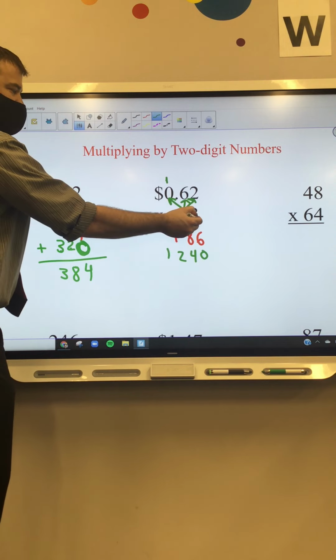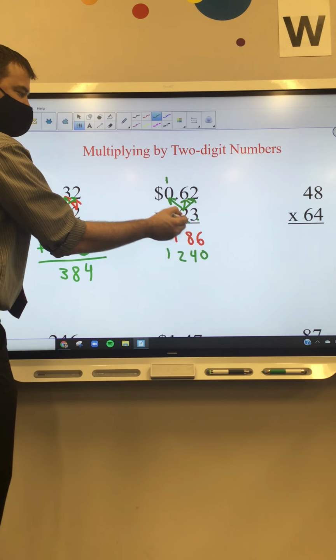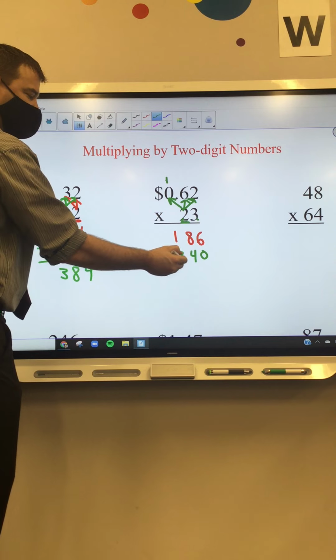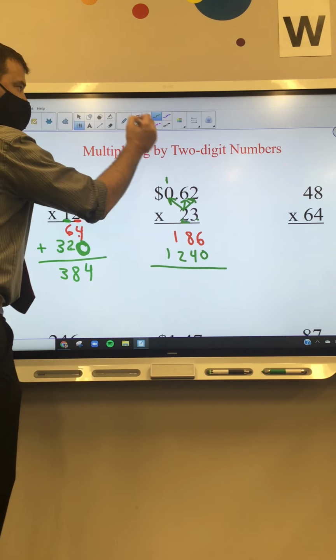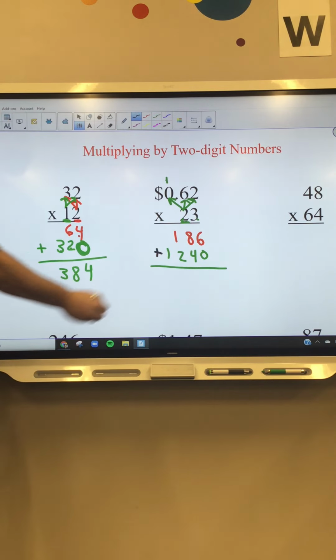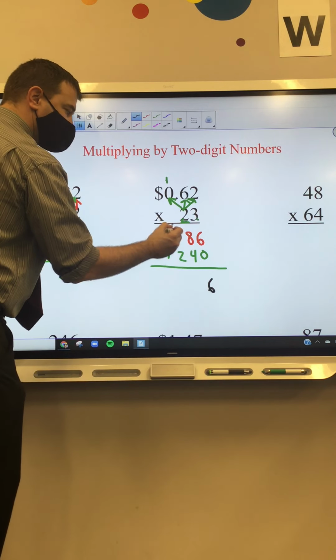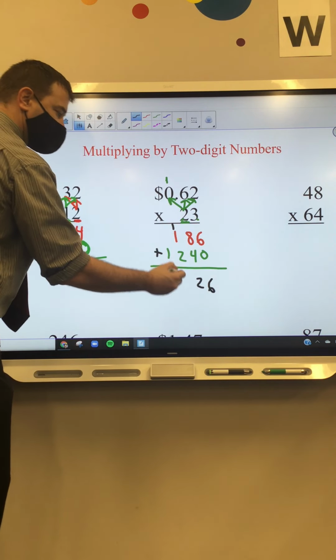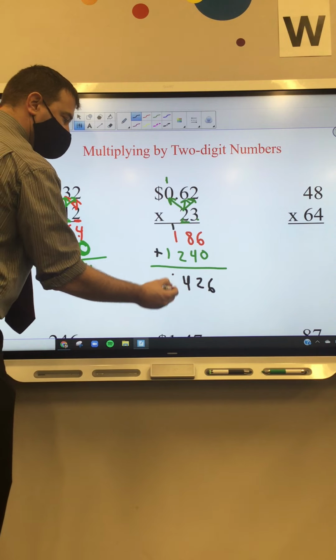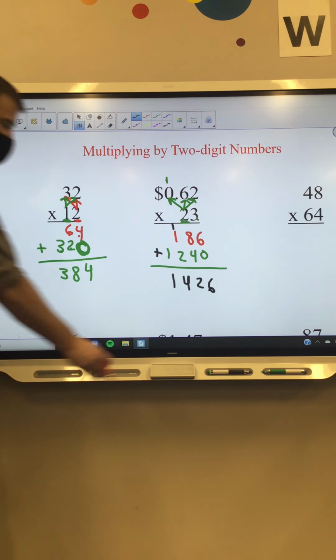Okay, so when I multiply by 3, I get 186. When I multiply by the 20, I get 1,240. So now let's add those all up. 6, 12, 4, 1. Is my answer